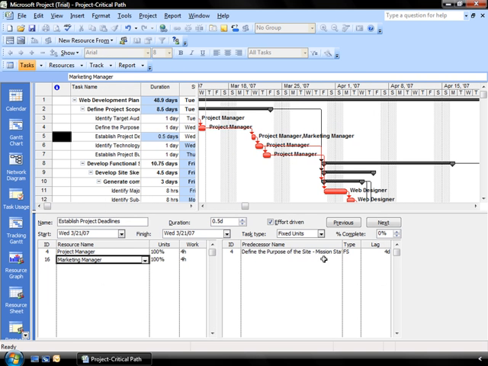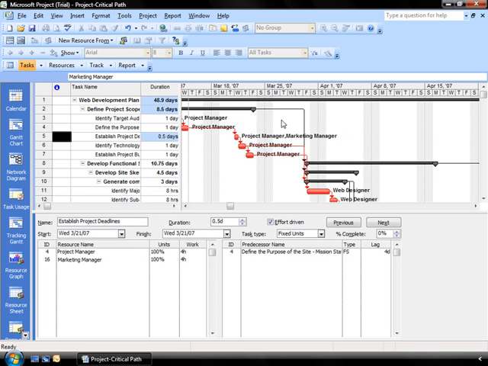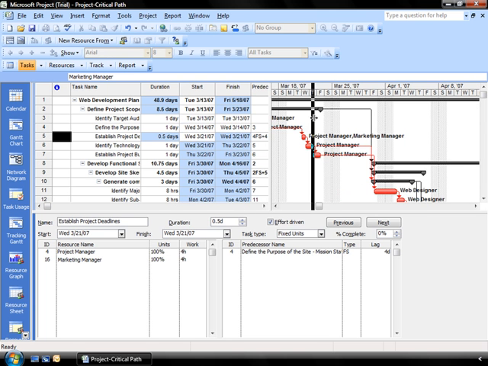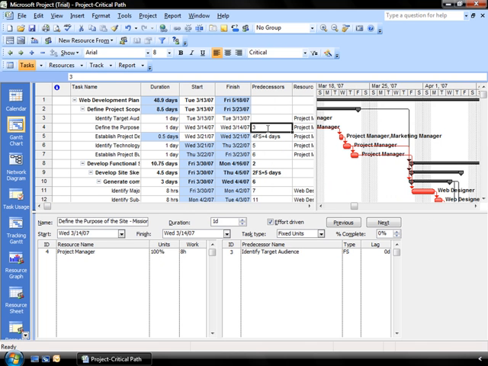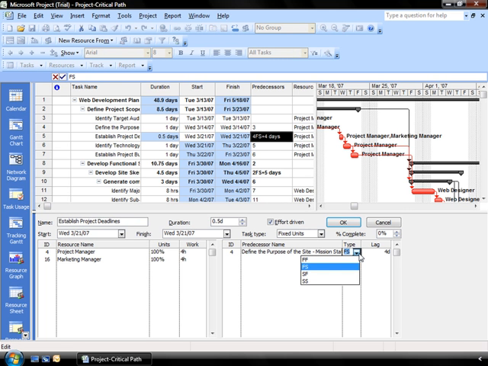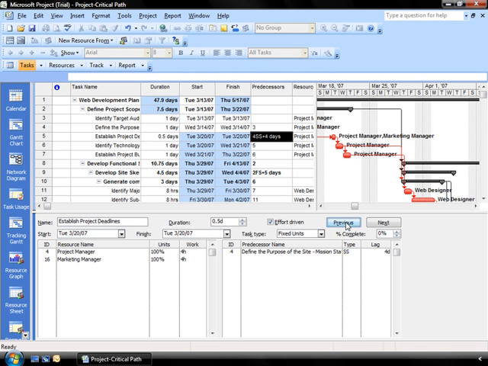So this is one way that you can work with your critical tasks. Another way is to overlap critical tasks to affect the project end date by adjusting the dependencies. And I can do that by finding my predecessors column up here in my Gantt chart and working with the dependencies that I have placed in the tasks. Now you'll notice here in task number 5 that I have changed this to a finish to start with a lag of 4 days. I could change the type of task that I have to start, so I have them both starting on the same day,